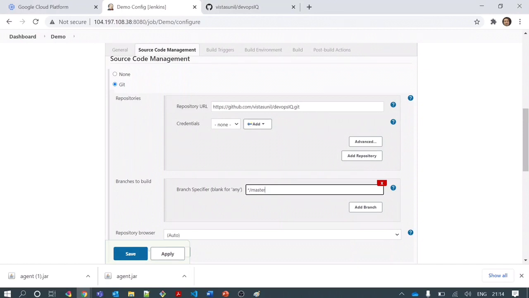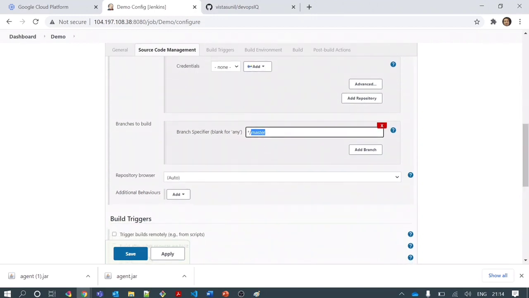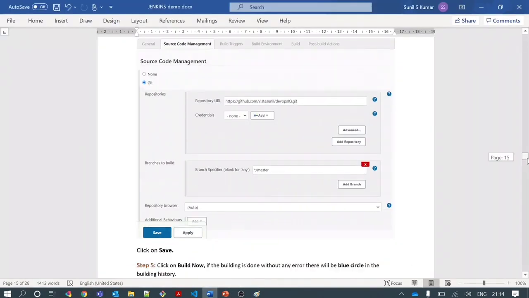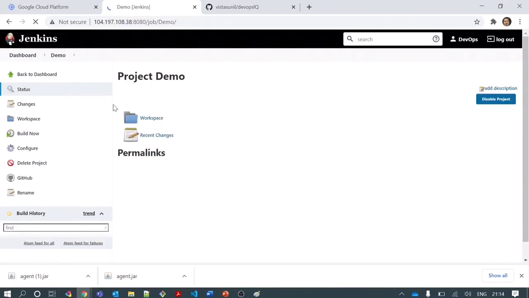As we discussed in the last session on version control systems, we can create multiple branches and build the one branch that we are working on. So if it's not master, if it is like a DevOps demo branch, release branch, or testing branch, I can run the code of that particular branch by giving the branch name here. As of now, I want to run only my master branch code, so I will not change it. What next? My configuration of this job is done. Just click on save and this job is created.